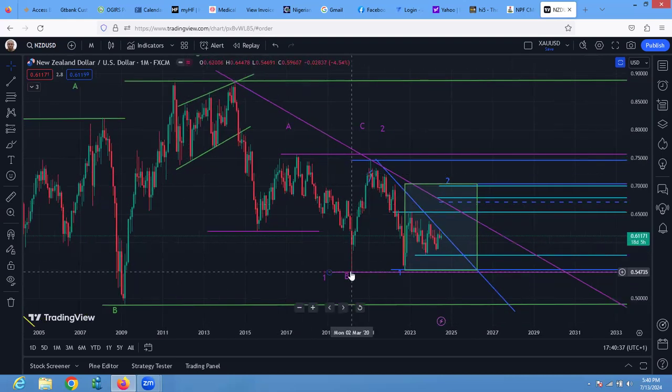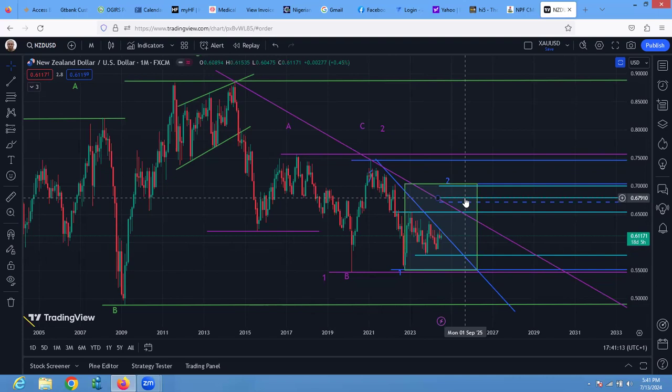We have finished this as a wave 1 here, A, B, C. Then we are turning down. So we are correcting, shifting to this area of correction, and we are seeing this as the first move. This is a wave B or a 2. This may be a B, and we are going to have 100 extension around this area here. The 100 extension of this wave from here to this point is 100. So 100 extension is going to be around